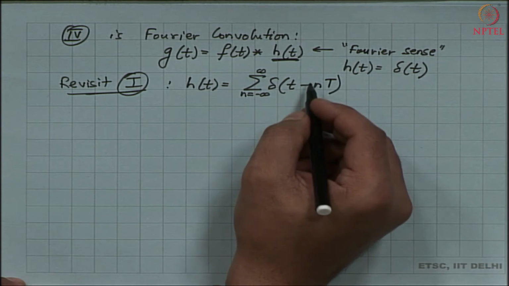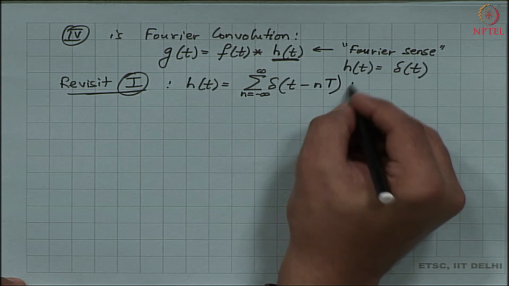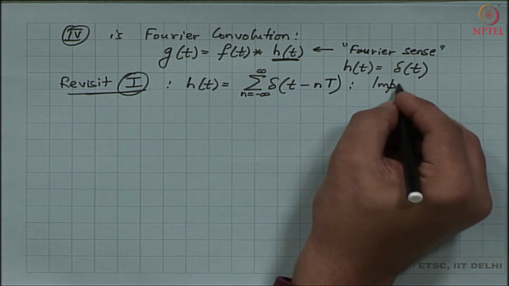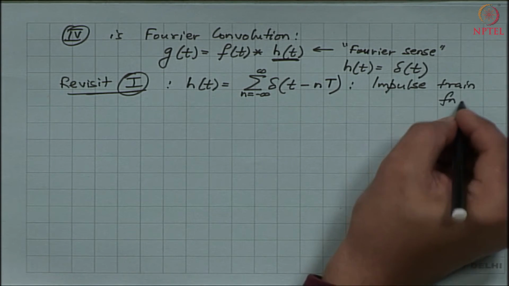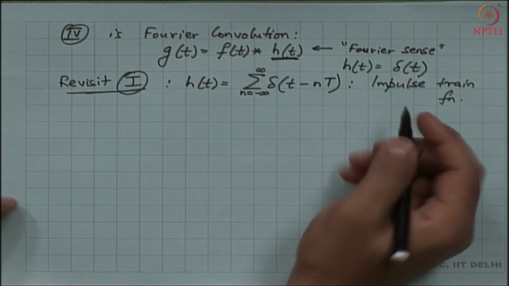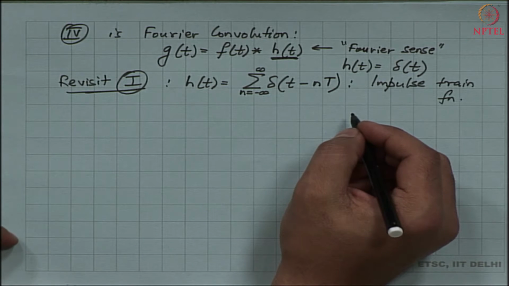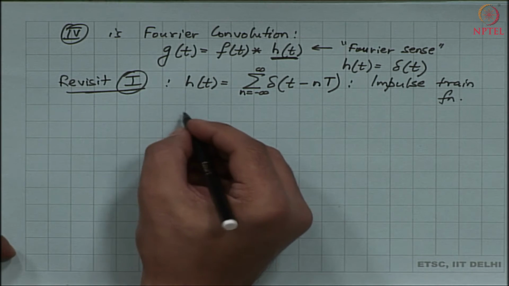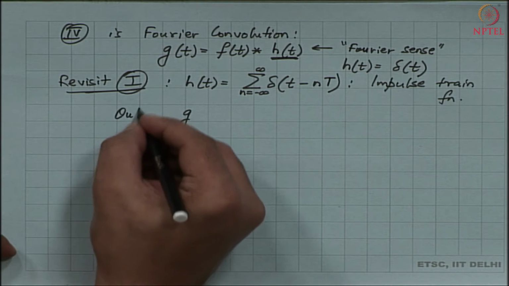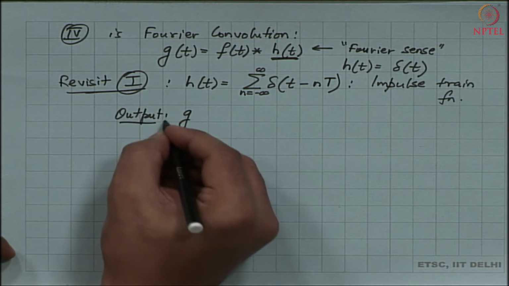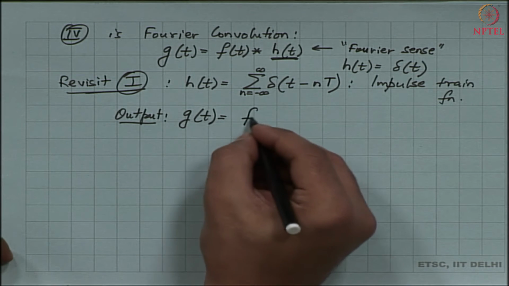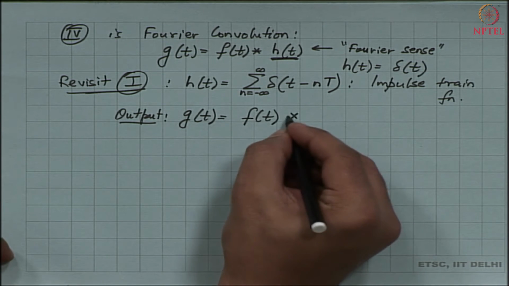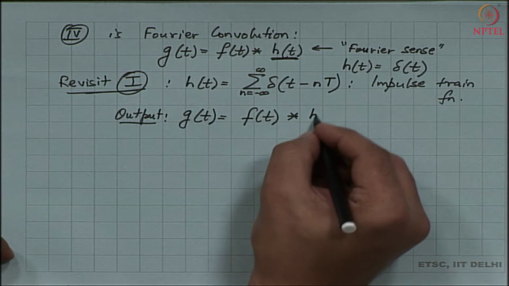So, h of t is the summation of delta functions, or the impulse, sorry, this is the impulse train function. So, then what I have is that my output g of t is f of t convolved with h of t,